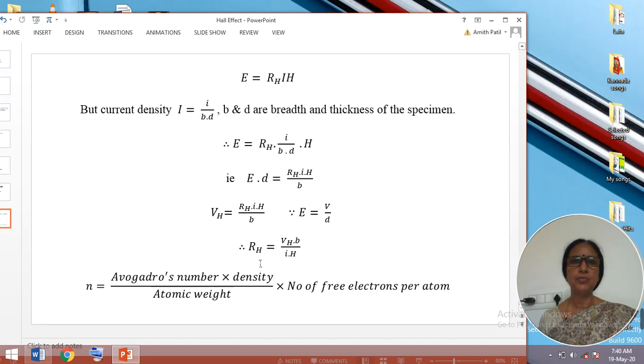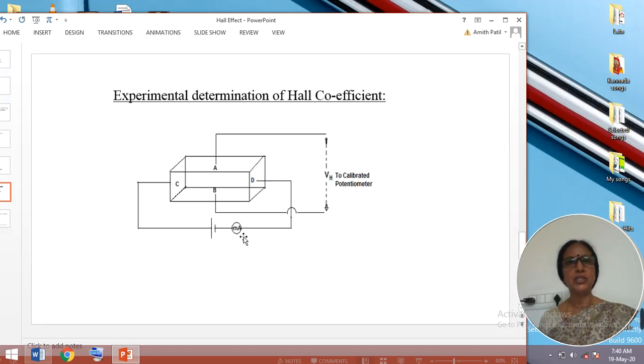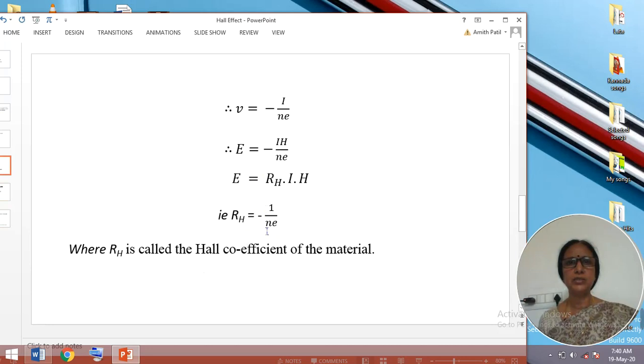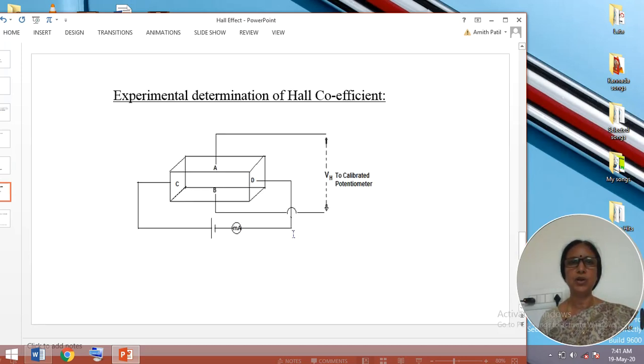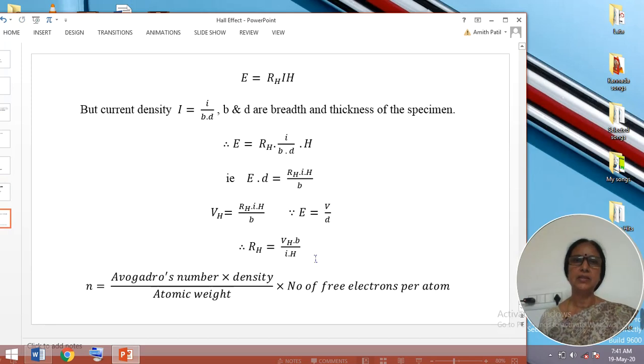We know that the very first importance is this: the Hall coefficient, as I told you, is given by this expression. The negative sign we got here is because we have considered electrons as the charge carriers. Suppose the conduction of current is due to holes; then if we carry out the same type of calculations, we will get RH as a positive value, that is plus 1 by Ne. Therefore, the importance of the Hall coefficient is that it determines the sign of the charge carriers which are present in the specimen.